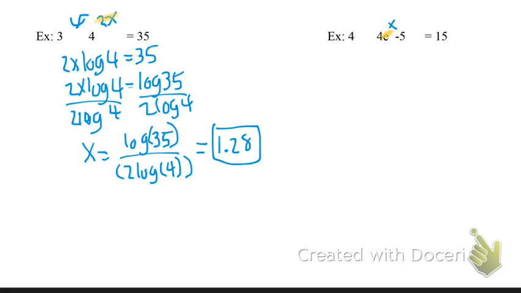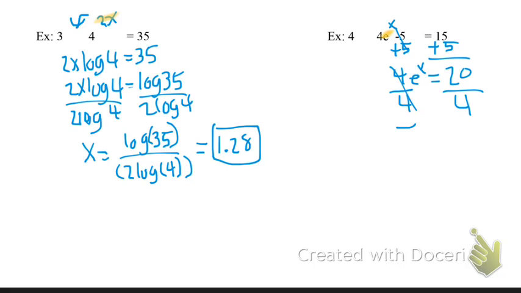So, first what we have to do is try to get e to the x by itself. So you will add 5 to both sides. And you get 4e to the x equals 20. Now, we still need to get e to the x by itself. So we will divide both sides by 4. And you get e to the x equals 5. Now we can natural log both sides. Alright? So, natural log of e to the x is equivalent to 1. So, we will get x equals the natural log of 5, which you will get